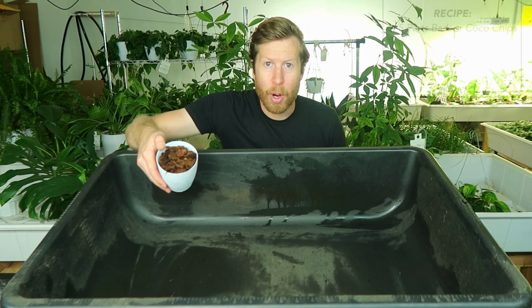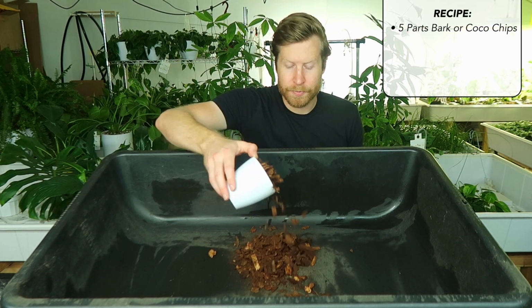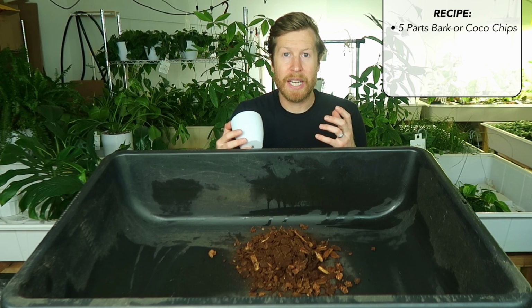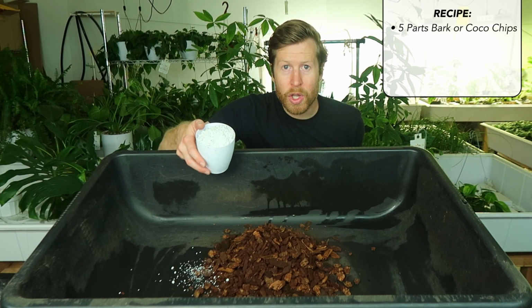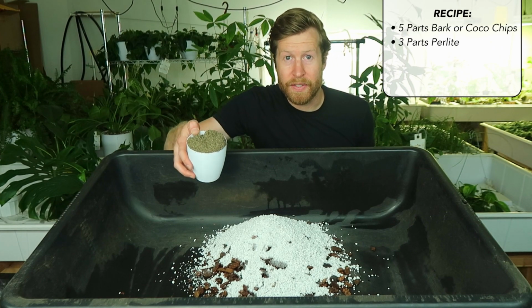So we're going to do 5 parts of wood bark or coconut chips. This is going to make for an airy and chunky potting soil that's going to be great for aroids and things that need a good amount of drainage in the root system. Then we're going to do 3 parts of perlite, and 1 part of sand,